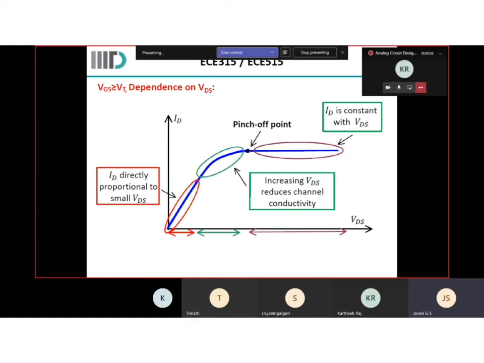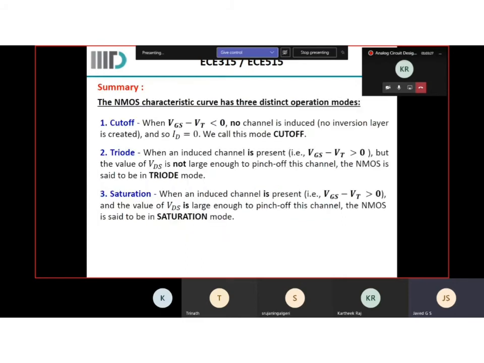breakdown of the system. That is why in your design rule check, they will check the minimum distance between the two devices and the two wells that are present. Otherwise, you will typically get a DRC error. How do you resolve it? Two ways: either put both these wells in a single N well so that they form a single potential base, or give them physical distance between them. That is how a PMOS is built.